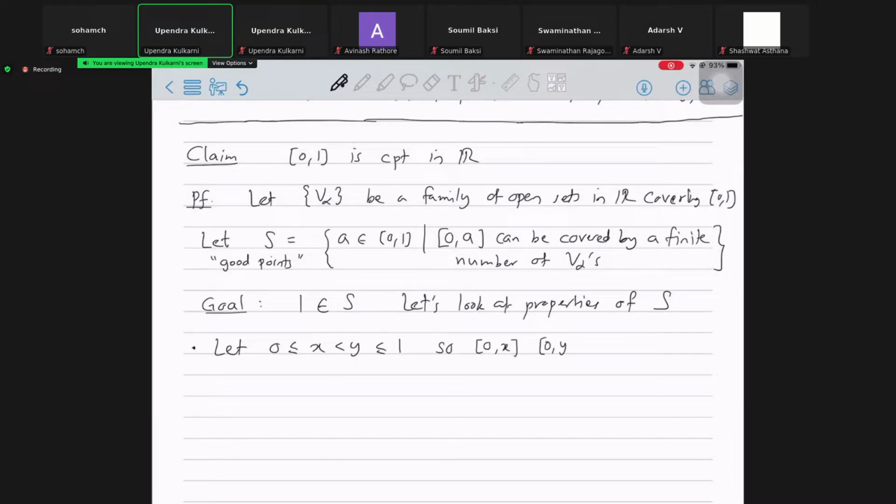So what can I say? Y is bigger than X, and both these closed intervals that I have written are subsets of the given closed interval. So what is the connection? Since X is less than Y, the closed interval on the left is contained in here, right? Okay, very obvious. Thus,